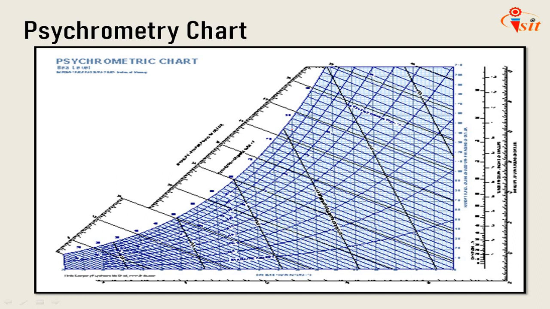In this figure there are various lines that we are going to see one by one. The dry bulb temperature is taken as abscissa. Here the dry bulb temperature is there. The figure is somewhat not visible. And specific humidity as ordinate, to the right hand side. The chart is a representation of dry bulb temperature versus specific humidity, and all other properties are shown by different lines.